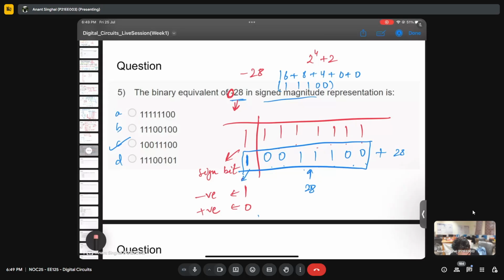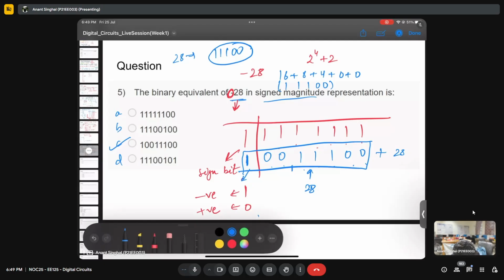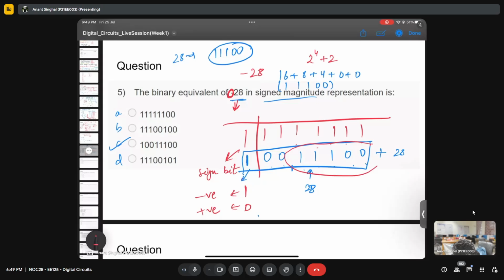No, no, no. So that is the actual binary number. So if you write 28 in binary form, it is 11100. So which is this particular thing? Okay, sir. So now since I need to represent my number in the 8-bit representation,